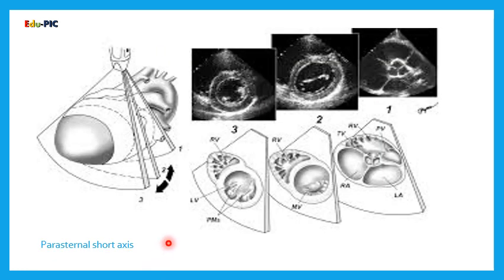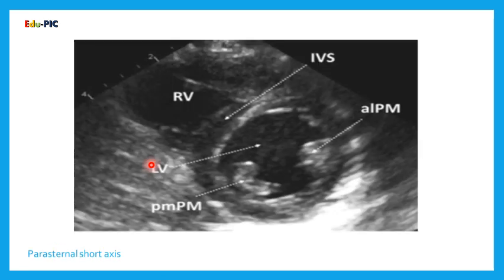Again, from the short axis view, when you change your angle orientation, then you can cut the heart from base to the apex in slices, and each slice gives you a different piece of information. So this is another slice from the short axis parasternal view. When you move a bit posterior